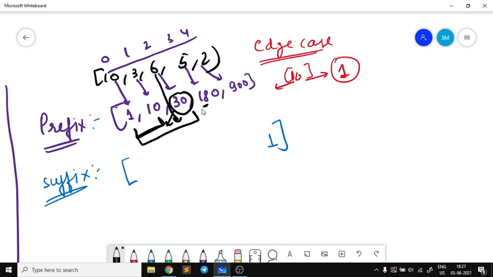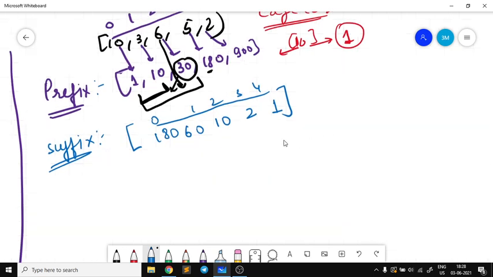In a similar fashion we will create the suffix array. So for 2, that is 1. Now for 5, I will have 2. For 6 I'll have 10. For 3 I'll have 60. For 10 I'll have 180, right? It is 1 2 3 4 5, so if I do the mapping, it will be 0 1 2 3 and 4. I hope this is clear to you now.